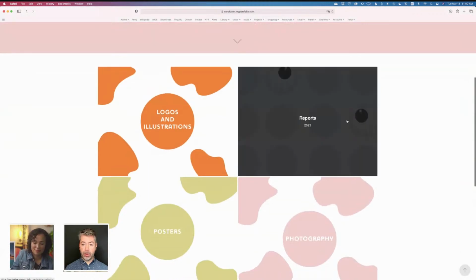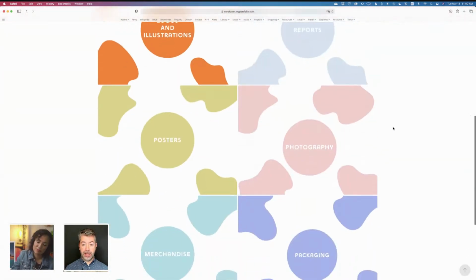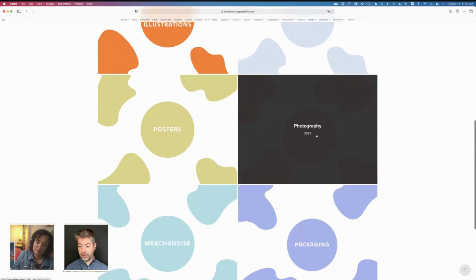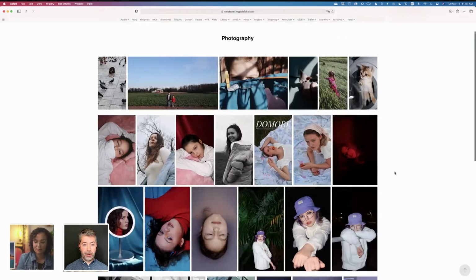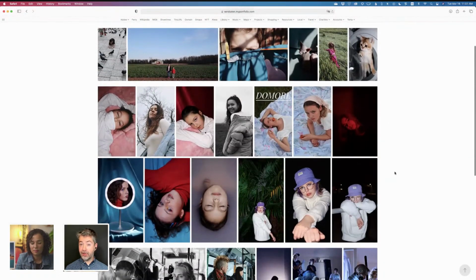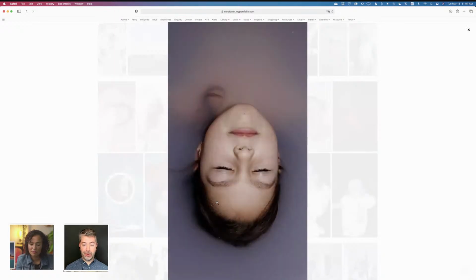And so it looks like Kamile works across a lot of different disciplines here, and I, of course, want to take a look at the photography, if that's okay with you, Cyn. Yeah. Go in there. And you know what? I will confess that I took a peek at this earlier today before our show started. And there was one image that grabbed me right away that I'd like to look at, which was this one here,